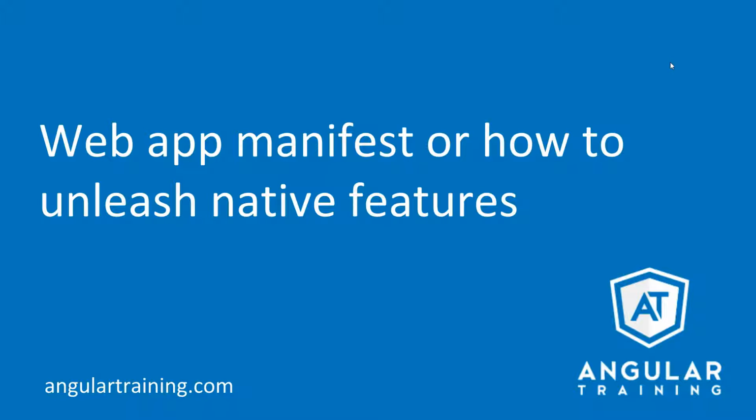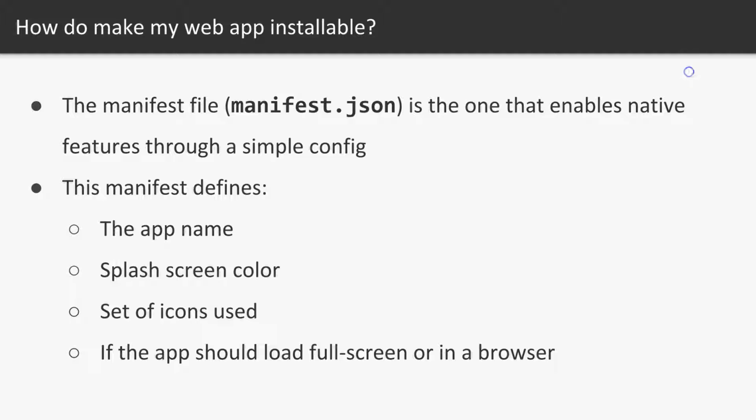So now that we know what a progressive web app is and that we saw a demo of a progressive web app, let's take a look at what the web app manifest is, or how to unleash all of these native features for our PWAs. So in order to make our web app installable, all we need to do is have it include a manifest.json